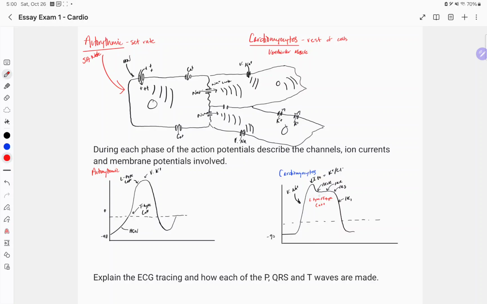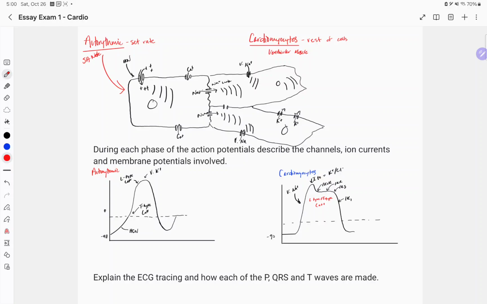And so this is like a battle going on, right? You have all these potassium channels up here trying to let potassium out of the cell, and then you have these calcium channels opening and letting calcium into the cell. So you have positive charges leaving the cell and positive charges coming into the cell. And that's why you have this plateau, even though you have this battle back and forth between